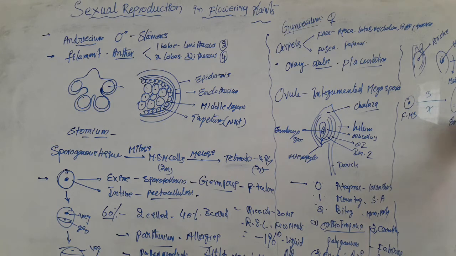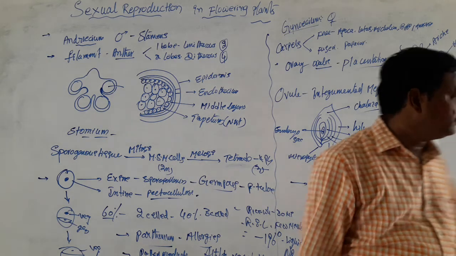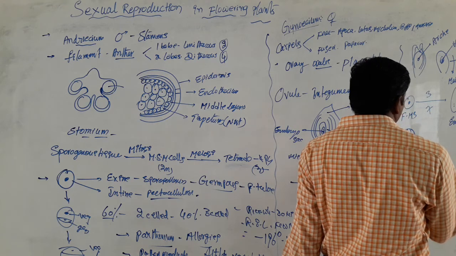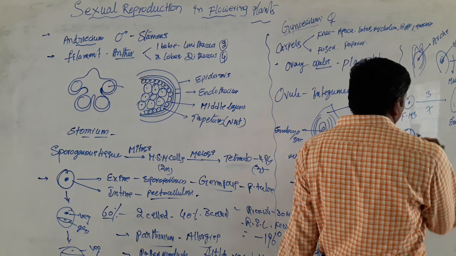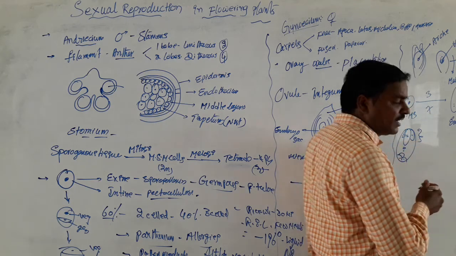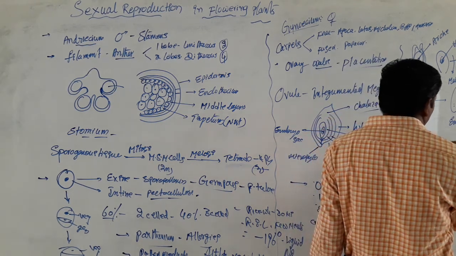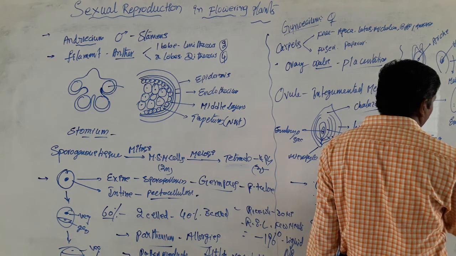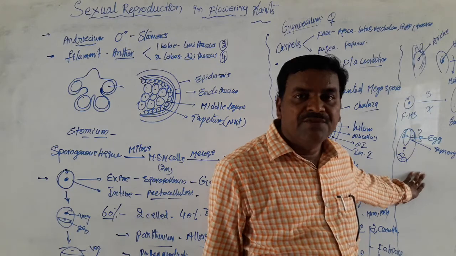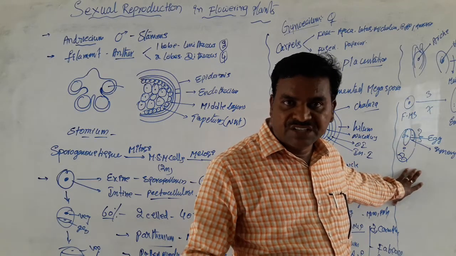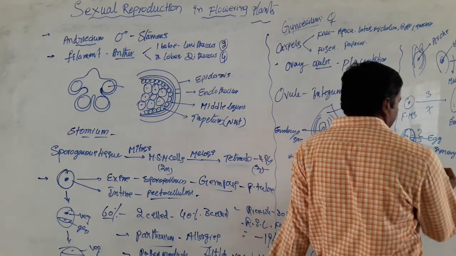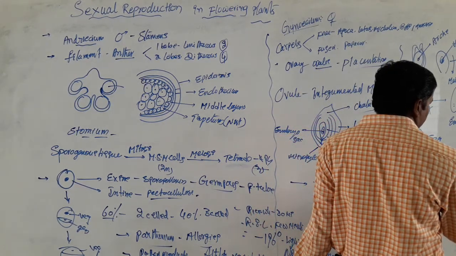This is considered the embryo sac. The mature embryo sac is represented by a total of 7 cells and 8 nuclei. The three cells present towards the micropylar end are called the egg apparatus. The central cell is the egg, surrounded by two synergids. These synergids also contain a filiform apparatus that helps in the absorption of nutrients from the nucellus. And the three cells present towards the chalazal end are considered antipodals.